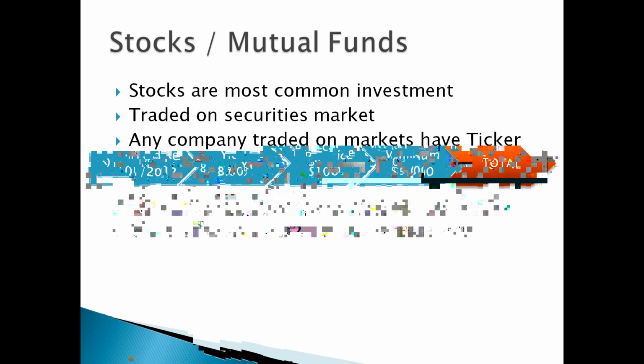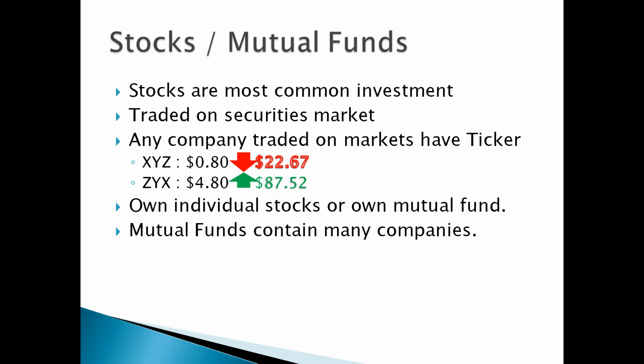The most common investments are stocks and mutual funds. Each company that is traded publicly will have a ticker that is listed on a major index, such as, for example, XYZ or ZYX. Not necessarily 3 letters, it can be 1, 2, or 3 letters and so on. By watching the news or any TV channel, you may find the ticker bar on the bottom, left, right, or top, displaying the tickers of individual companies. It will display things like the gain or loss for the day, for the month, or yearly, and might be shown in dollars or percentages.